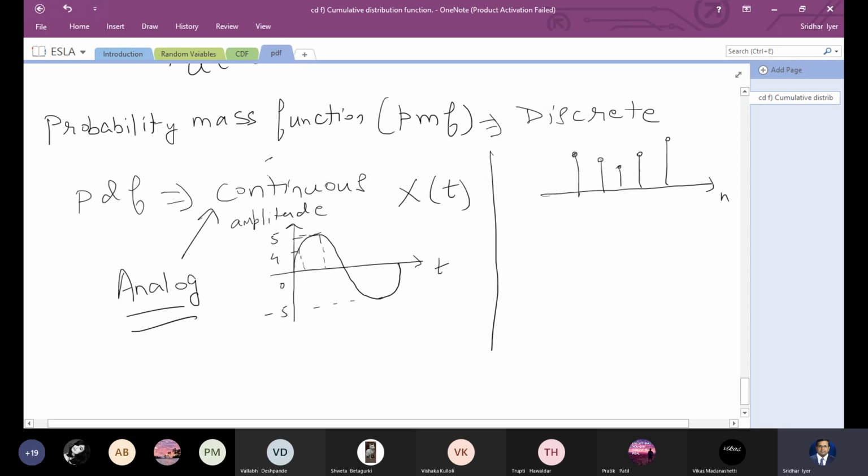These kinds of signals, discrete signals, occur at only instants of time. If I call this variable x, these occur at only instants of time. This n here denotes instants of time. To be more specific, these are discrete instants of time. That means there is no value between 1 and 2, between 2 and 3, between 3 and 4, between 4 and 5. These signals occur only at discrete instants of time.